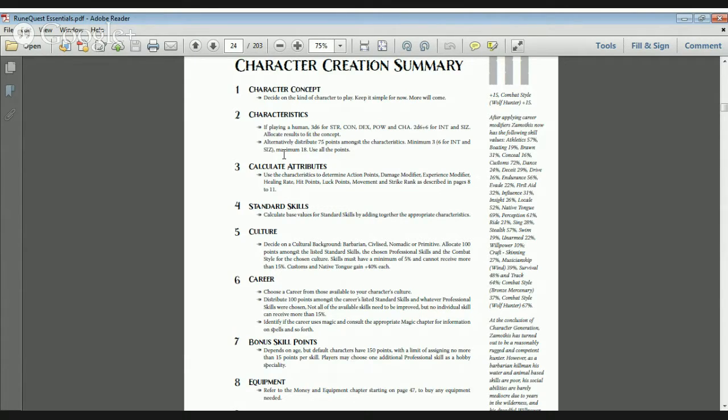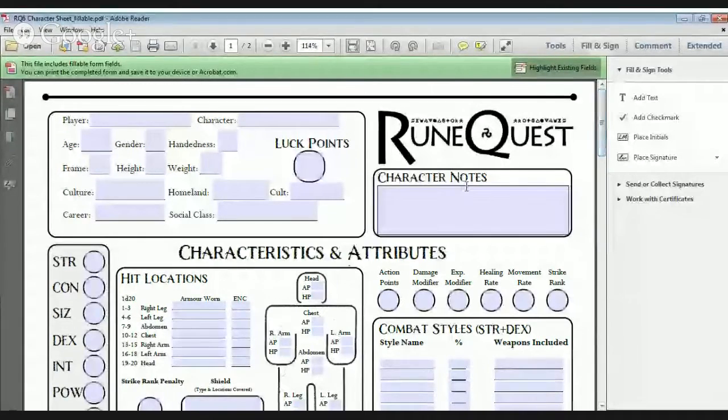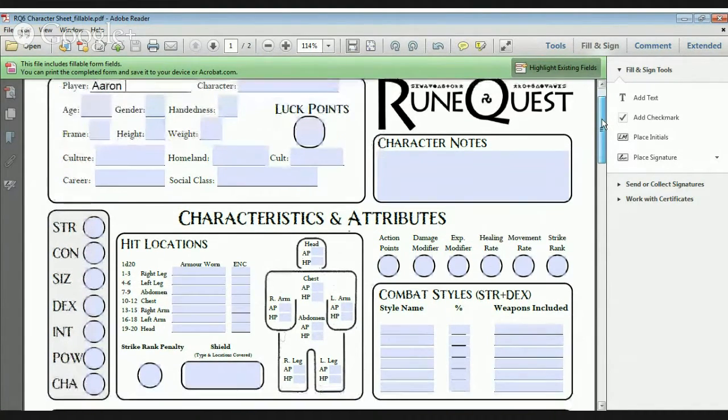So I'm gonna grab myself some of my good D6s, and here we go. So let me open the fillable character sheet that I have here, and maybe I'll screen share that. Okay. So here we have stuff. Obviously our player's name is Aaron. I don't have a character name yet. I want to fill that in later when I have an idea. A lot of this stuff I'm going to figure out later. So yeah, let's go into